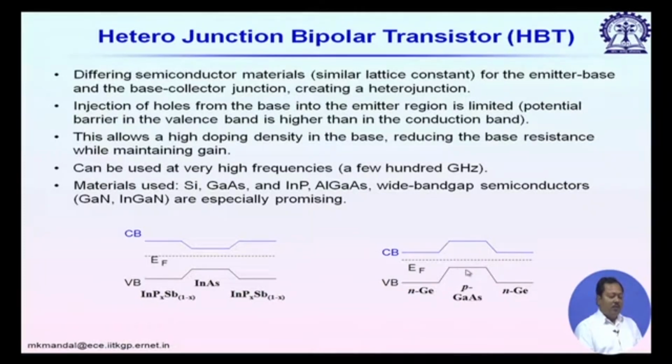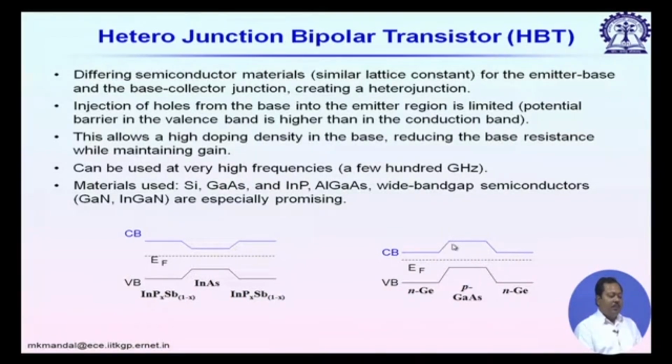So, holes from the base region have to traverse from the p side to the n side emitter region, and we have a potential barrier here, shown by the difference in the valence band, and similarly the electrons from the left hand side to the right hand side have to overcome this potential